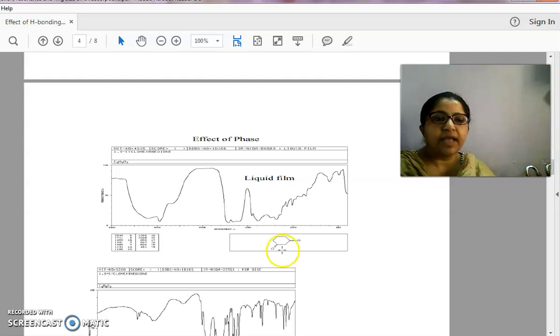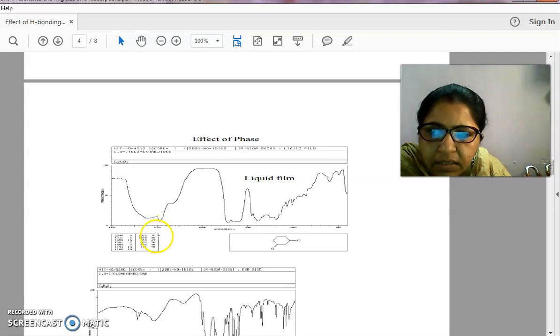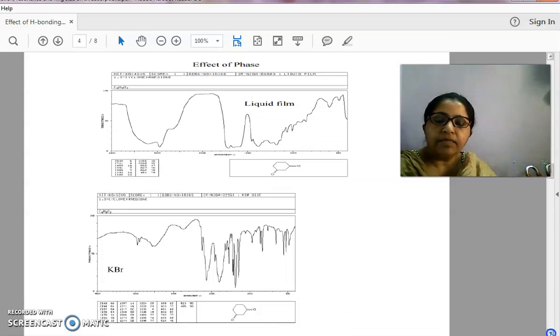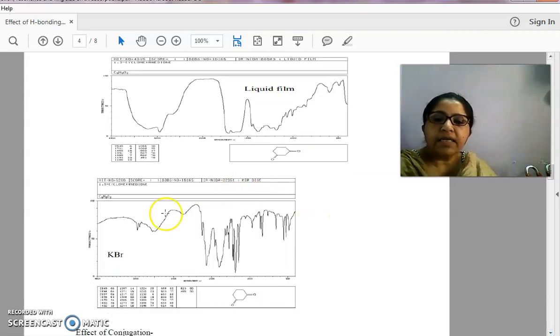This OH group is capable of forming hydrogen bonding, and therefore in the liquid phase lots of molecules come together, and a shift has been found from 3000 to around 2900. So there is a big shift, and it is only because of the hydrogen bond formation capacity of the enol form. And here what you see is KBr, and in the KBr phase